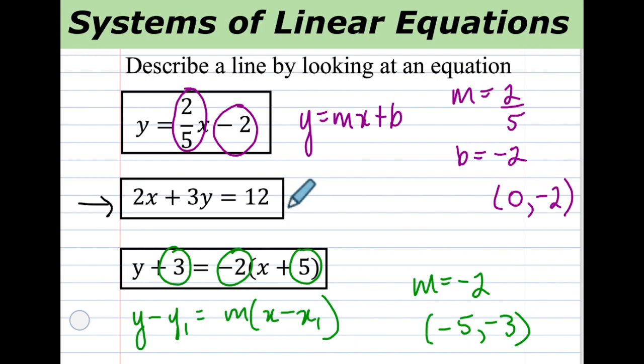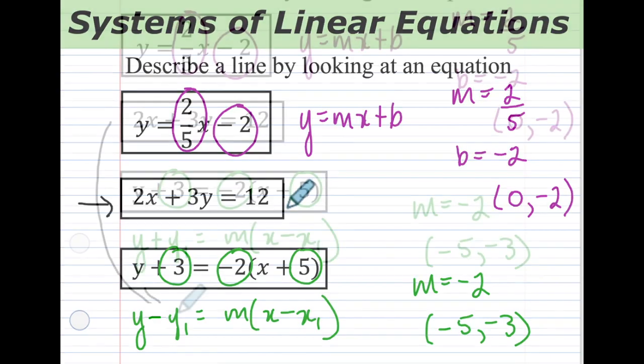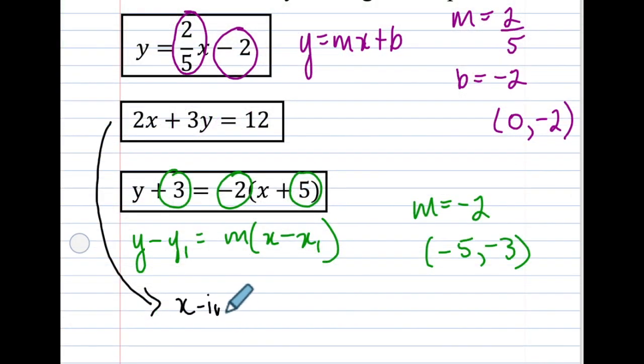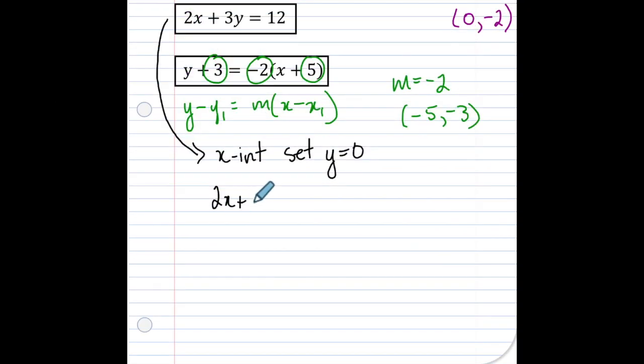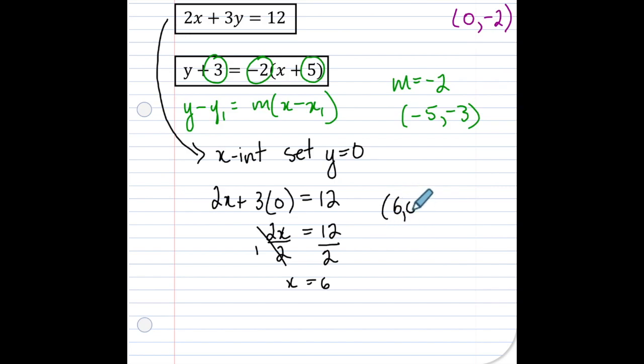but we can easily graph this using x and y intercepts and be able to look at the line that way. For x-intercept, we set the y value equal to 0 in the equation. 2x plus 3(0) equals 12. We have 2x is equal to 12. Divide by 2, divide by 2, and x is equal to 6. We have a point (6, 0), and for the y-intercept,